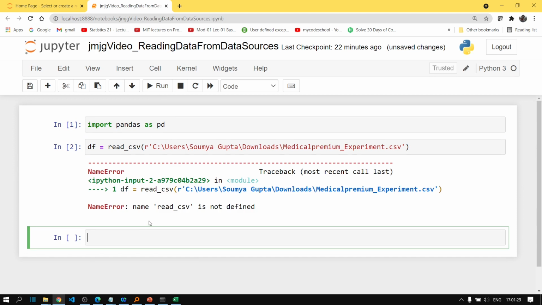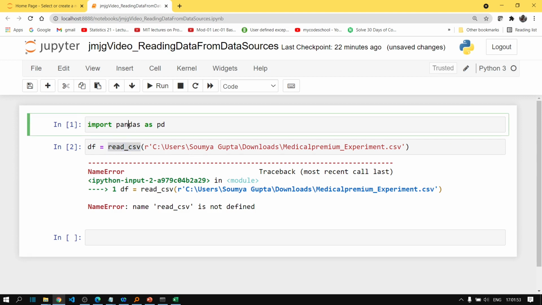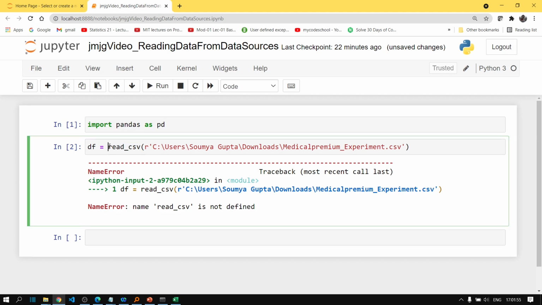Okay, so there is some error. This error is thrown because Python cannot recognize the read_csv function. This read_csv function belongs to the pandas module, so we have to write it like this: pd.read_csv.